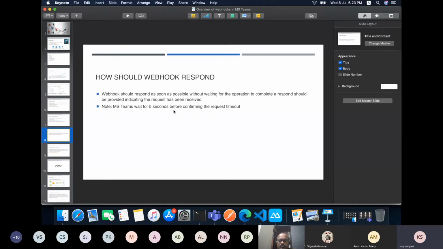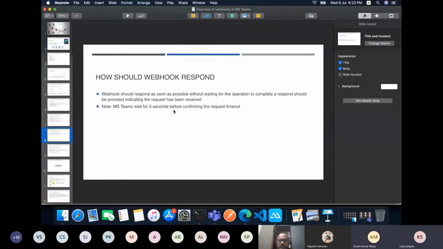We provide an endpoint to SharePoint, saying this is the URL where you need to call whenever an event is fired. To understand this in more detail, when we come to an outgoing webhook, we'll see a demo of how it works, and then it will be completely understandable.